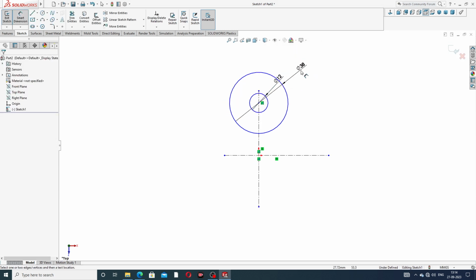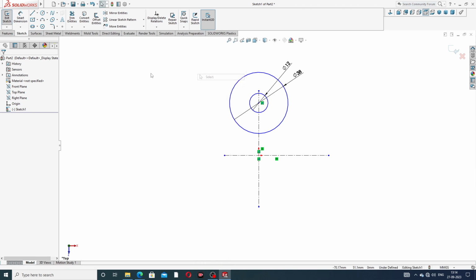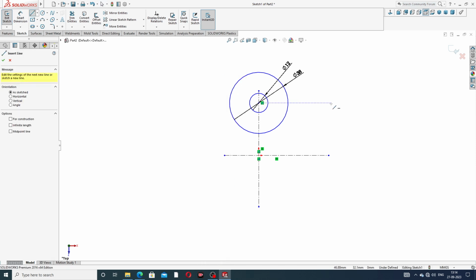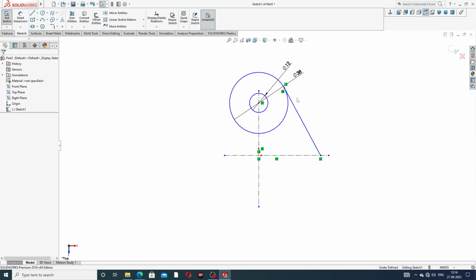The two circles are drawn easily. Then select the line tool again and draw a line, which is tangent. This line is a tangent line.